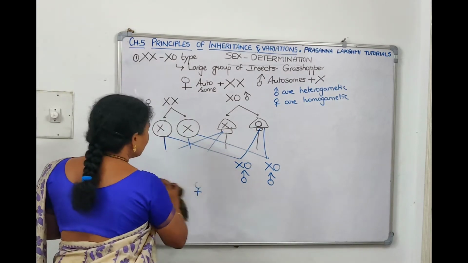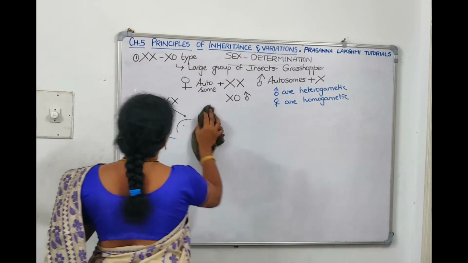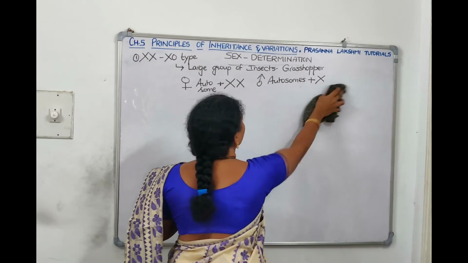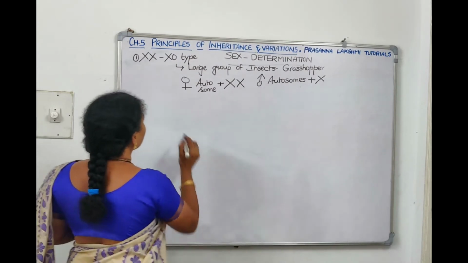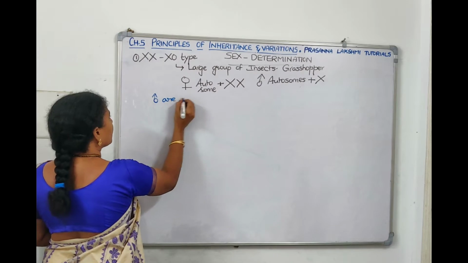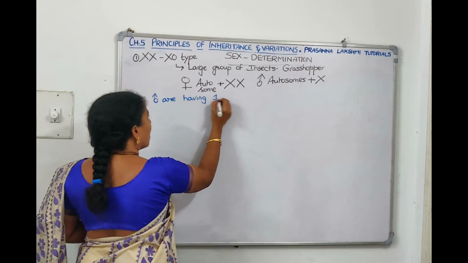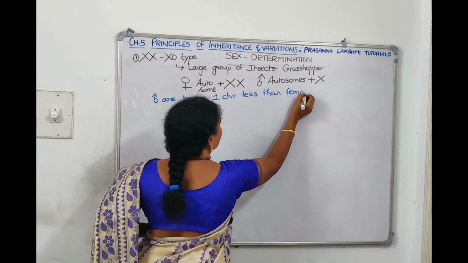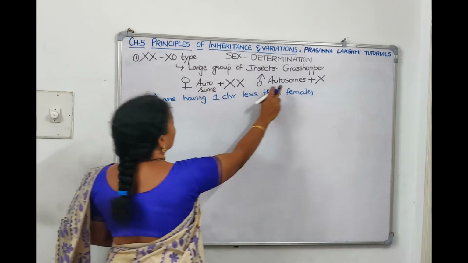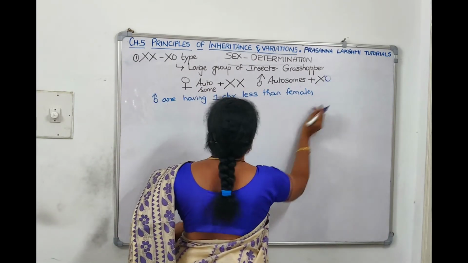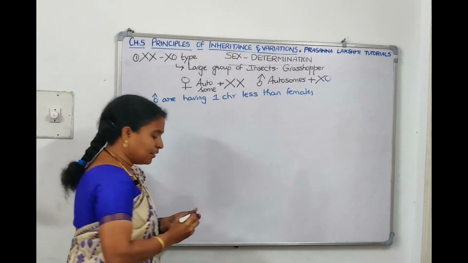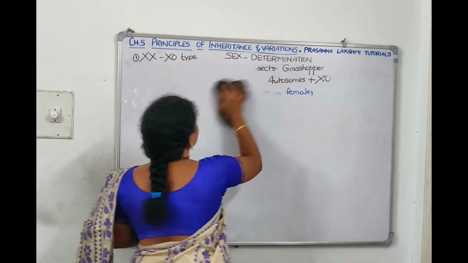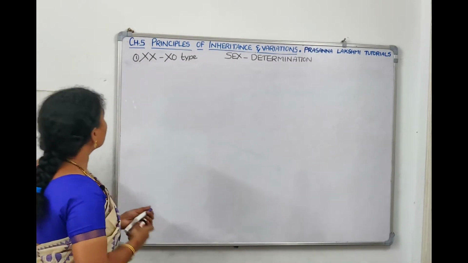Yes, in this sex determination, the males are having one chromosome lesser than the females. So one important point is the males have one chromosome less than females. Obviously the autosomes we wrote are the same, but here they are having 2X, whereas here they are having X and 0. So the males will have one chromosome lesser than the females, right? The number of male chromosomes is less. So now let's go to the second type of sex determination, which is called